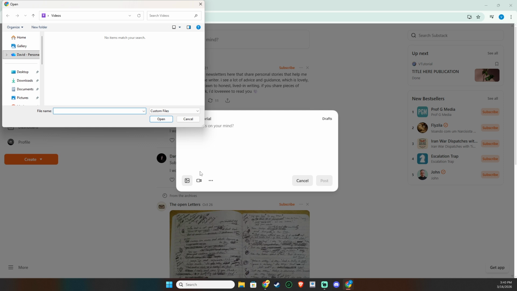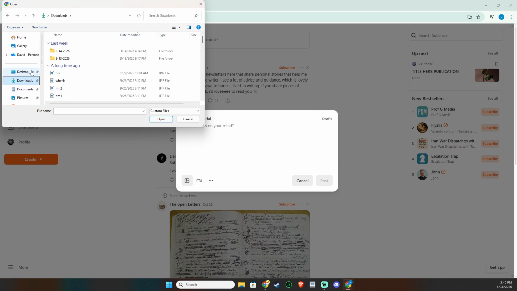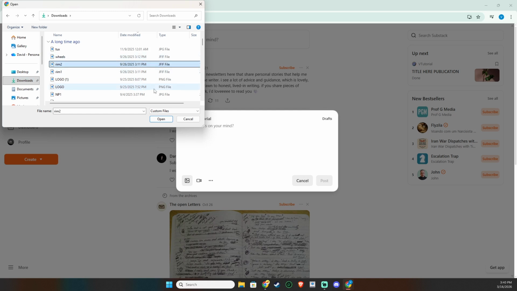Find the image you want by navigating to the folder where you saved it. Common formats like JPG, PNG, and GIF work well. Choose a clear, high-quality image that supports your message. If you've named your files sensibly, that will make this step quicker. It's also a good idea to make sure you have the rights to use the image you select, especially if it's not something you created yourself.